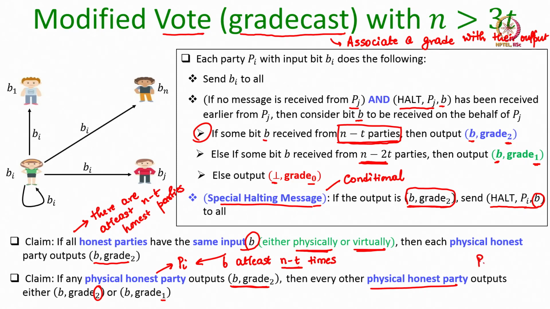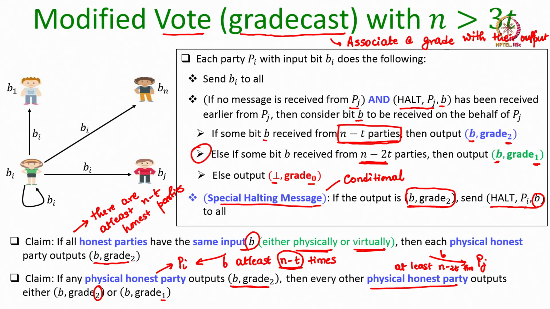So, if I consider another physical party Pj, they are guaranteed to receive b at least n minus 2t times, because it could be possible that among these n minus t parties who have sent b to Pi, t are corrupt and they decide not to send b to Pj. They may decide either not to send anything or to send b prime, but there are still n minus 2t honest parties in this collection who will send the same bit b as their input to the party Pj. So, that means this first else condition is definitely going to be true for Pj,